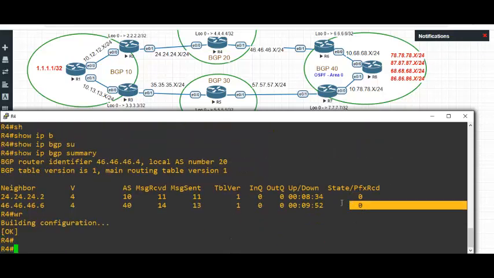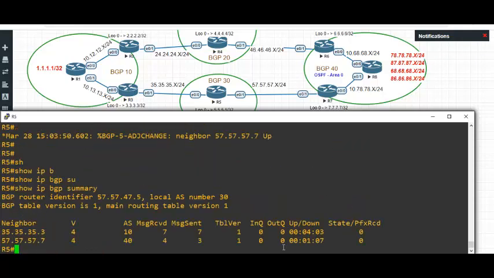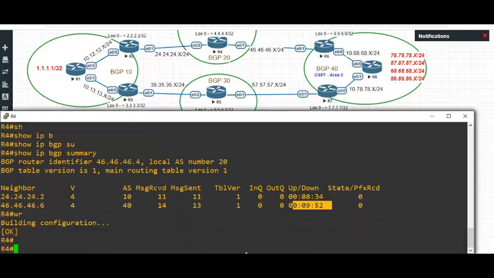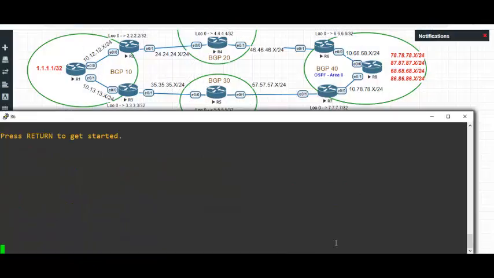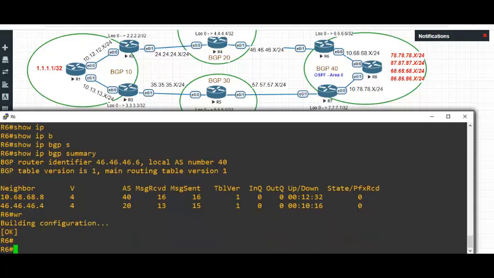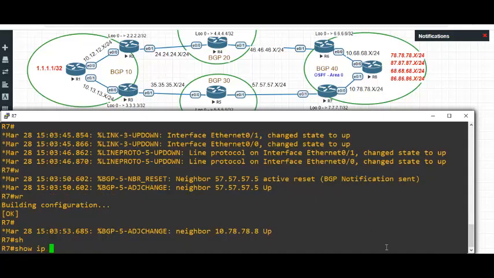Now 6 should have 2 neighbors. Saved. 7, show IP BGP summary. 2 neighbors, saved. 8, 2 neighbors, saved. Done. So we have done the basic configuration, basic BGP. Only thing is we need to configure R1 and start learning attributes, which